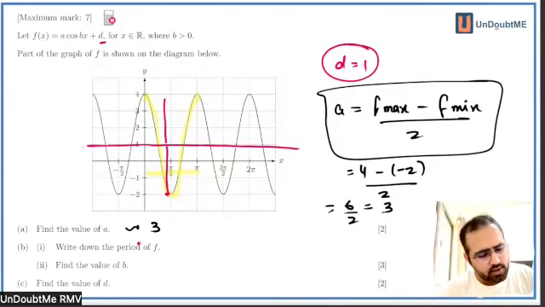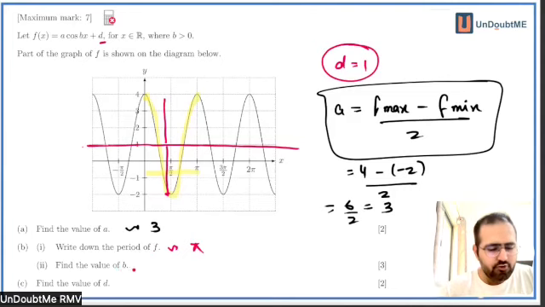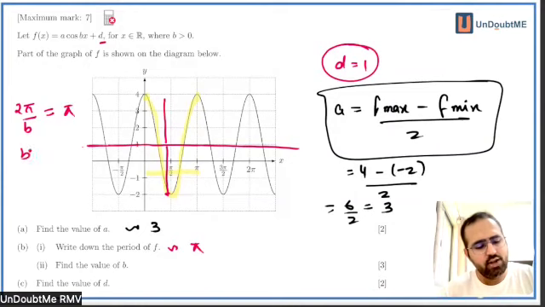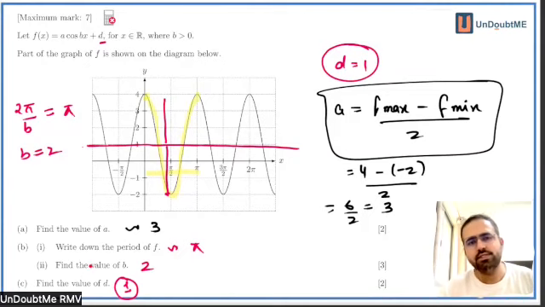Write down the period of f. It will be pi. Find the value of b. For finding the value of b, I'll be doing the same thing: 2 pi by b is equal to pi. Value of b will be 2. And the value of d we have observed earlier, 1, because the whole system is shifted by 1 unit up. Okay. So relatively, if you have a look at this question, it might have looked easier. But still, please go through